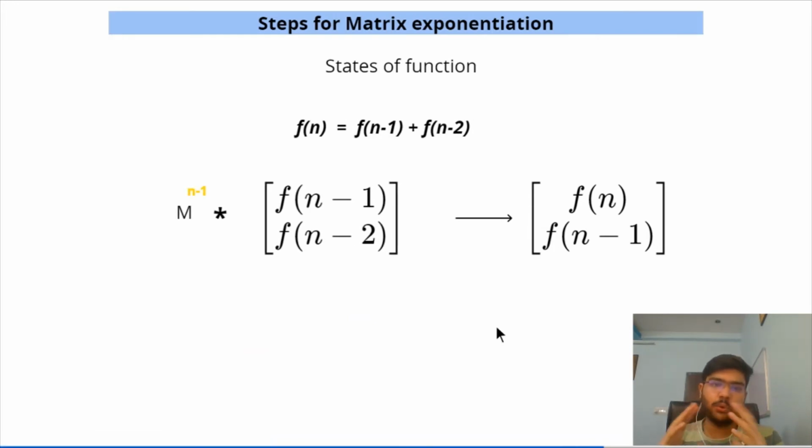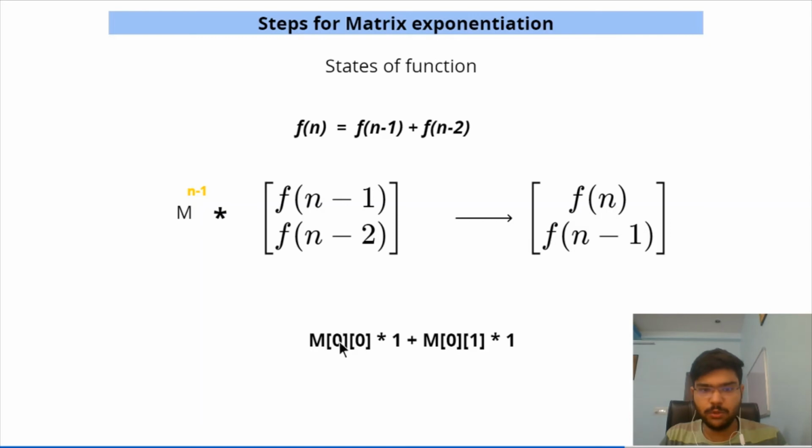So generalizing this whole concept, first we'll find the M matrix, and then we'll exponentiate it n minus 1 times and then multiply it with the base condition, right? That will result in the formulation of f of n and f of n minus 1, and we want the answer of this particular state, so we'll multiply the M matrix rows with this column, and the first element that we encounter is the answer, right? So this is the whole concept of matrix exponentiation.